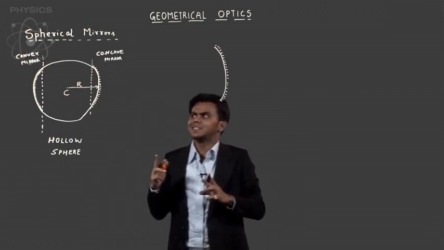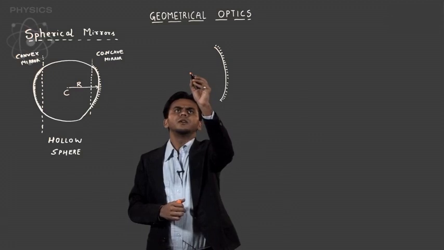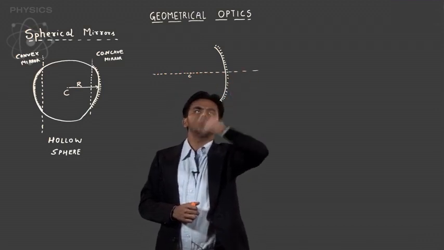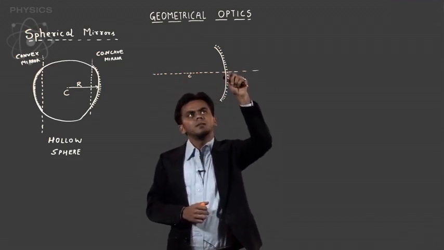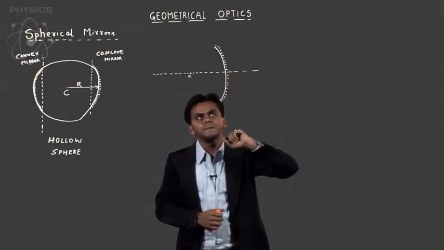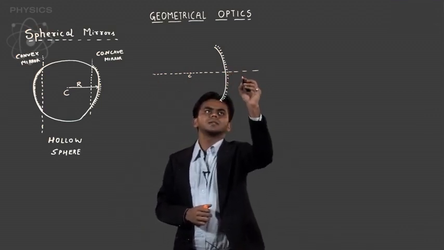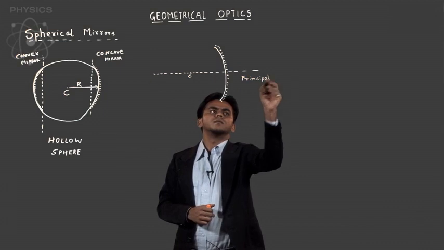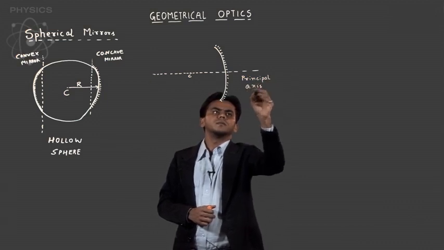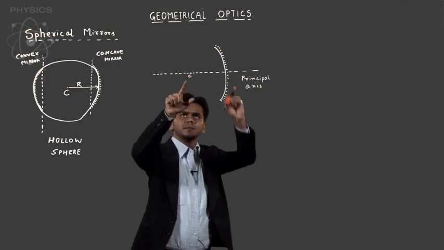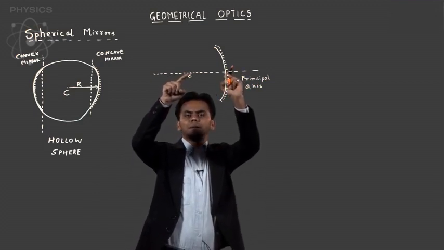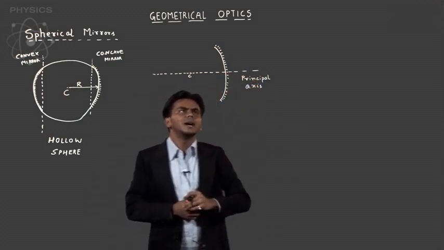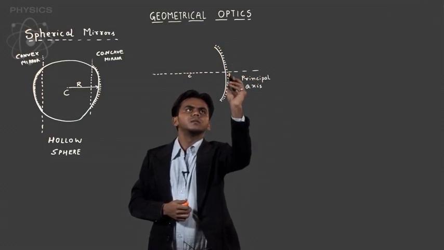So let's try to locate that center. If you connect the center in such a way that this line is passing through the midpoint of your mirror, then this line is known as principal axis. And this length between C and the point where principal axis cuts the mirror is your radius of curvature. And this point is sometimes also known as pole